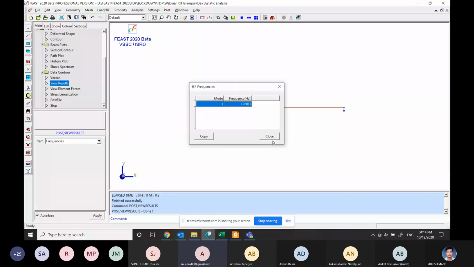So basically, whatever element we are using is a beam element having 6 degrees of freedom per node. We have only one element in this, and we have two nodes. On one node, we have applied a complete fixed boundary condition, which means all degrees of freedom are arrested. On the other side, we have not applied any boundary condition, which means it has all 6 degrees of freedom available. So it can move in any direction.